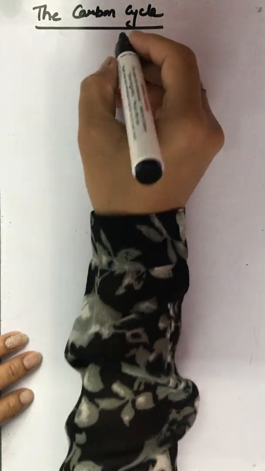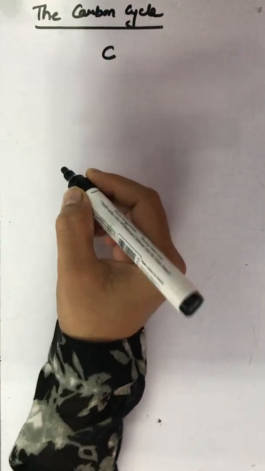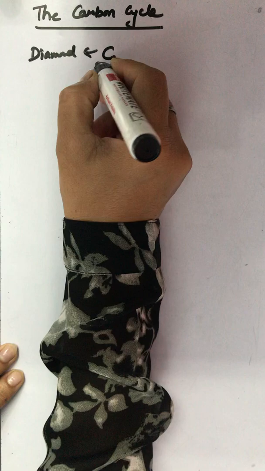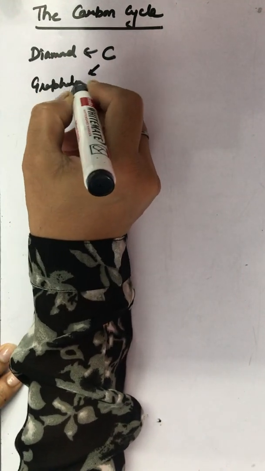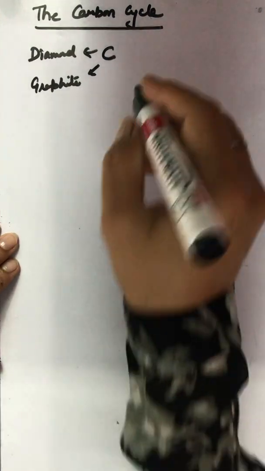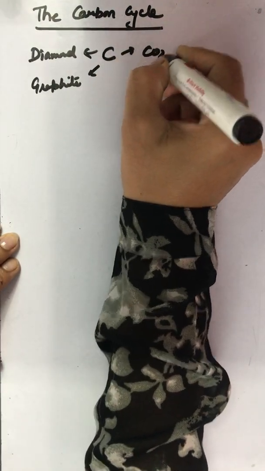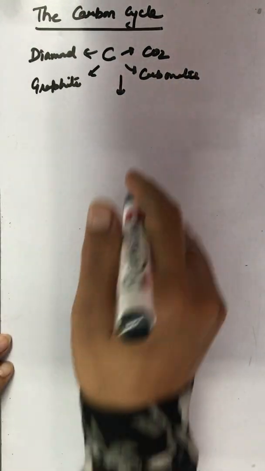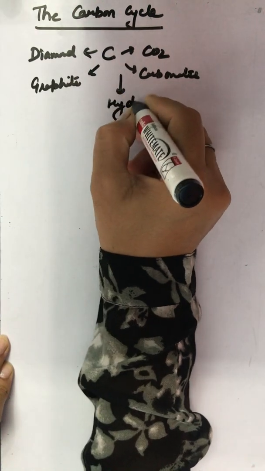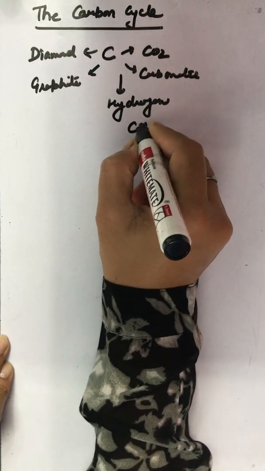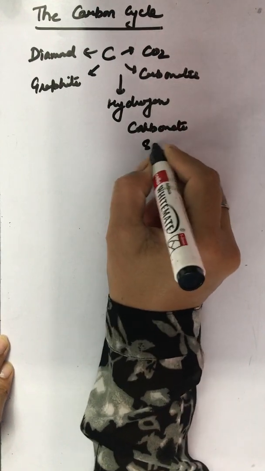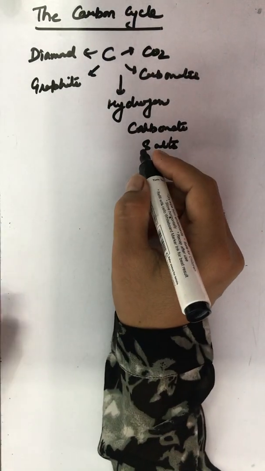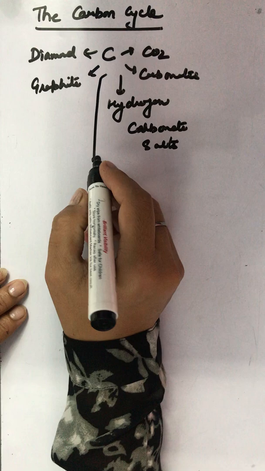The carbon cycle. Carbon is found in various forms on the earth. It occurs in the elemental form like diamond. It can occur as graphite. These are the two elemental forms. In the combined state, it is formed as carbon dioxide, then as carbonates, then as hydrogen carbonate salts, which occur in various minerals, and other forms like proteins,